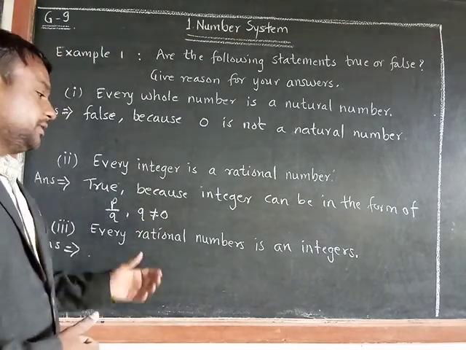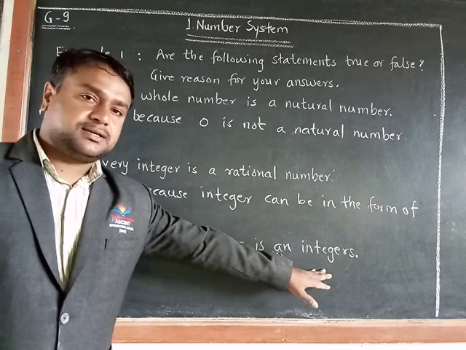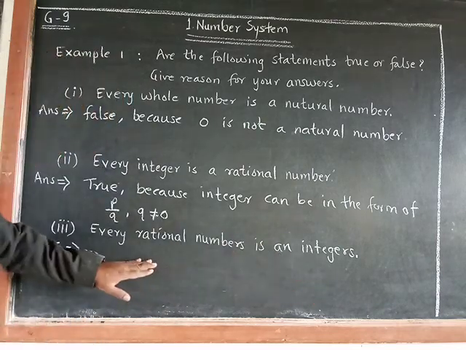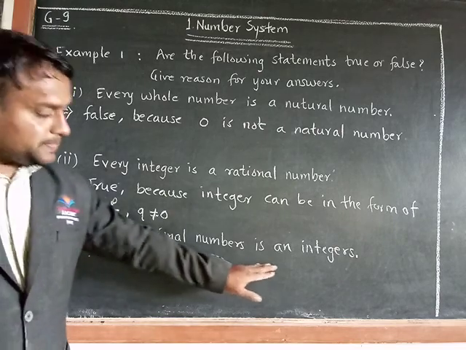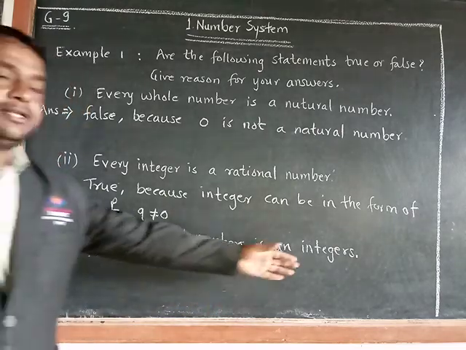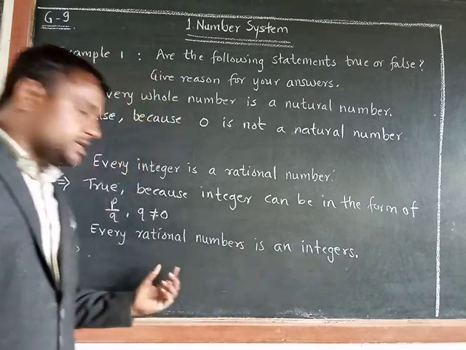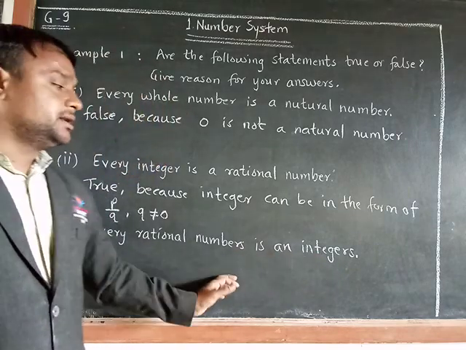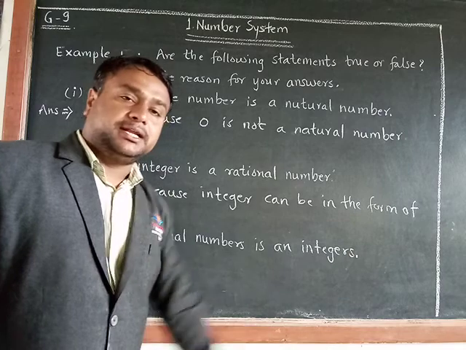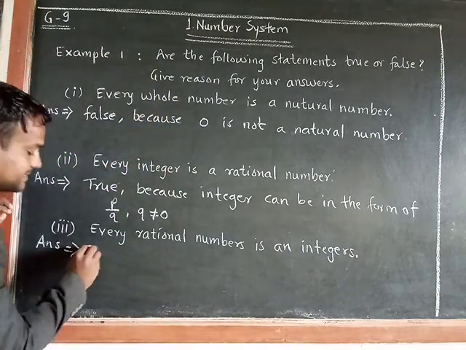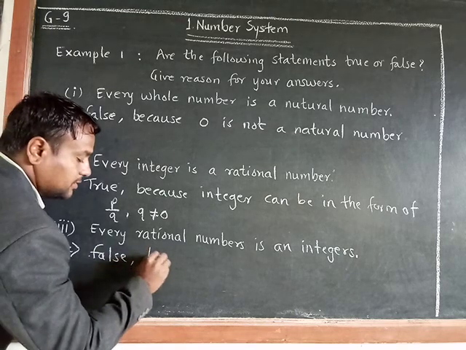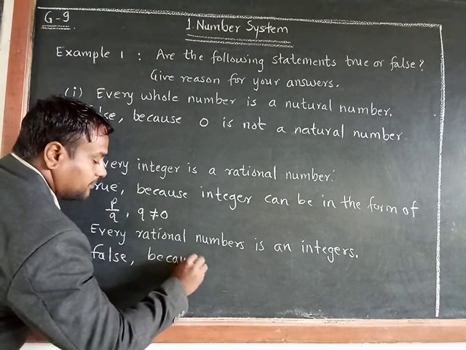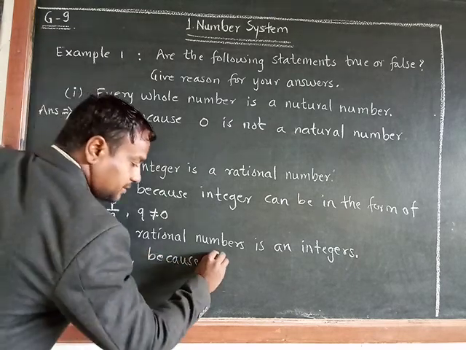Such kind of numbers are not integers. So the statement here is false because every rational number cannot be an integer. All integers can be rational numbers, but every rational number cannot be an integer. So here we can say that the statement is false because, for example, the number